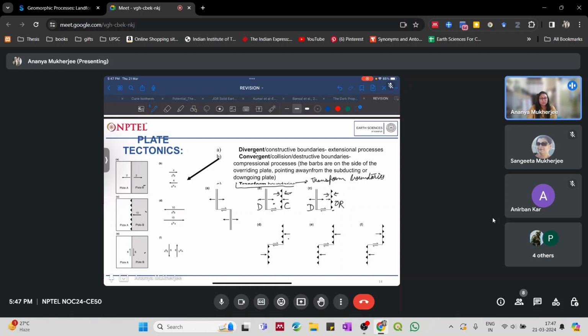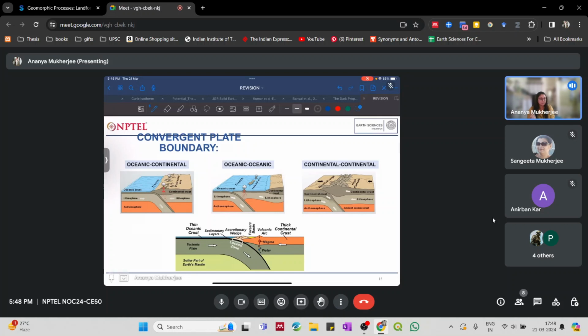Over here you can see that between the divergent and convergent you have a transform boundary. Similarly, between the two convergent plate boundaries over here, you have a transform plate boundary. All of these are understood on the basis of the relative motion and relative direction of movement of the plates. These are good, very easy to understand diagrams of the different kinds of plate boundaries